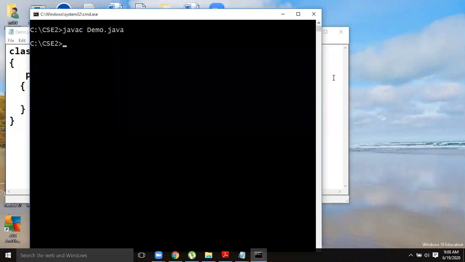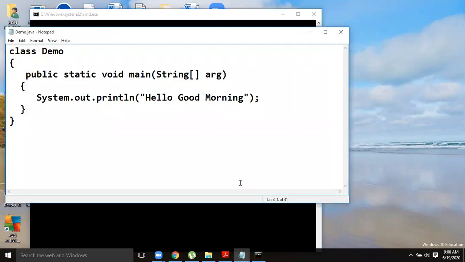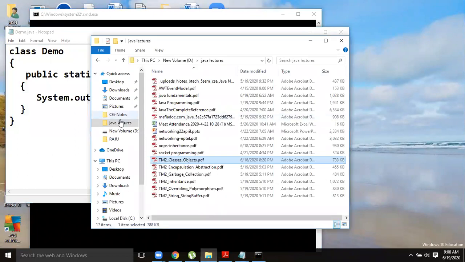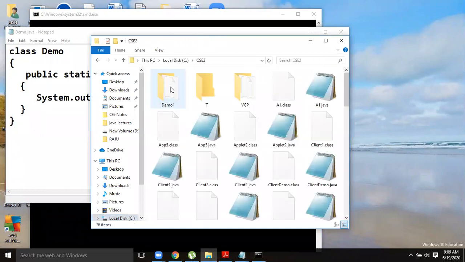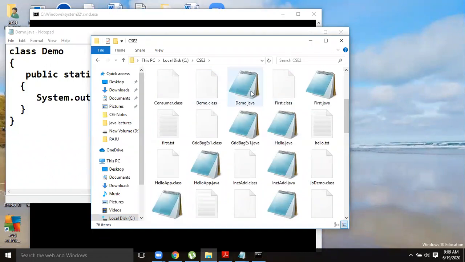So this successfully compiled Java program, where will the class file be stored? I already told you, the compiled code is an intermediate form. This is not the object code. Please remember, this intermediate form will be stored in a file. I'll show you. So what is the program, sir? Demo.java. For this Demo.java, Demo.class is generated. This is the class file. This is the binary file. This is the intermediate file. That is why this is also called bytecode. This is not your object code. This is the bytecode.